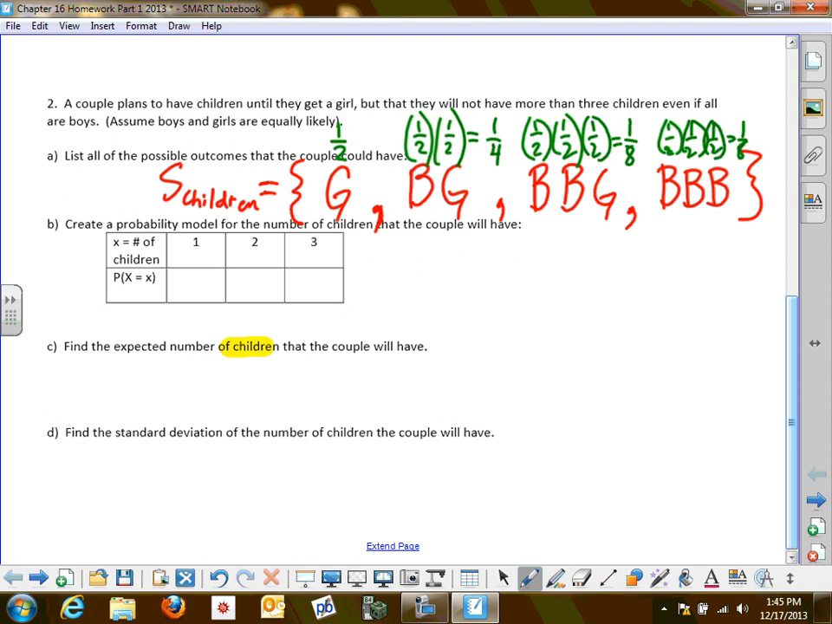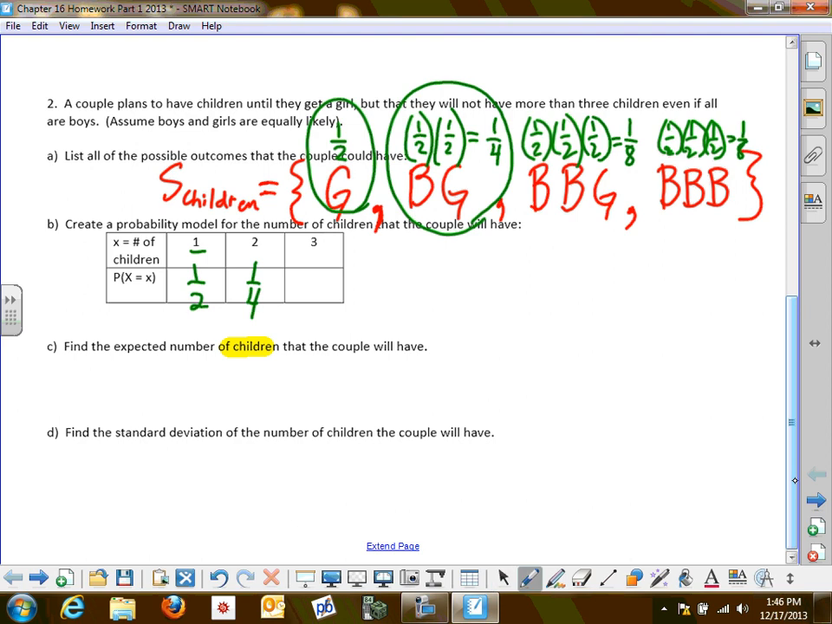So now let's fill in our probability model on part B. Based on our amounts listed in part A, what's the probability of having one child? That's this situation here. That's 1/2. What's the probability of having 2 children and stopping? That's 1/4. What's the probability of having 3 children and stopping? It is 1/4 again because,